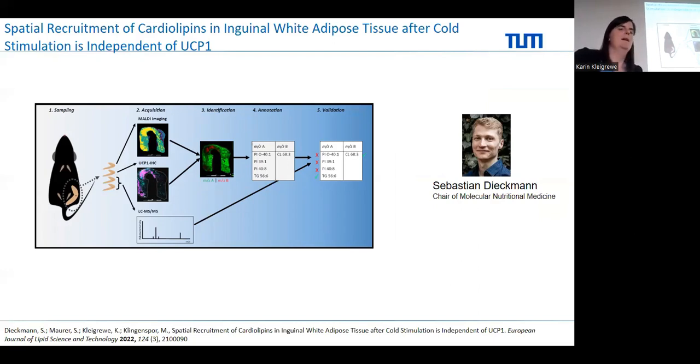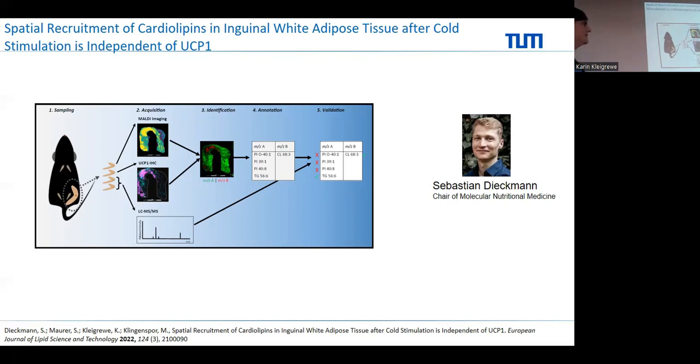And the question was where the cardiolipins are located within this white tissue. If you just take the tissue, homogenize it and put it into the mass spec, you lose the spatial resolution of it. So in this case, the first slice was going to the MALDI, the second one he did UCP1